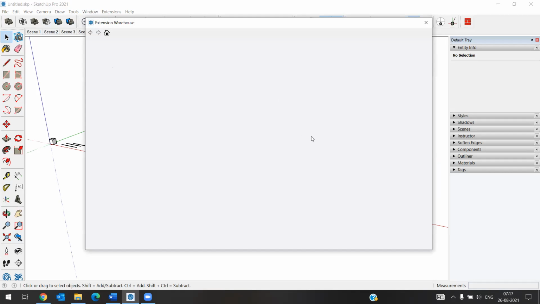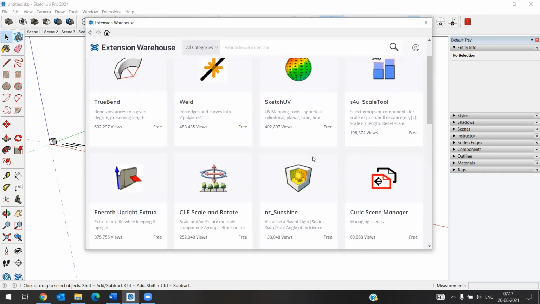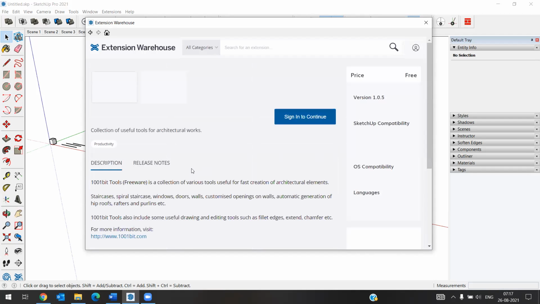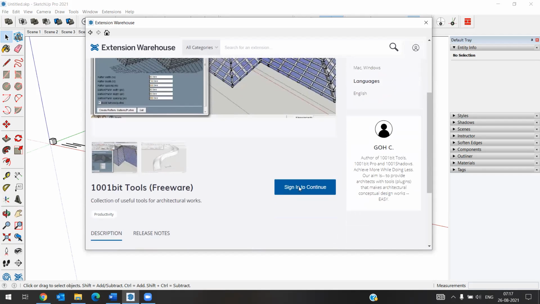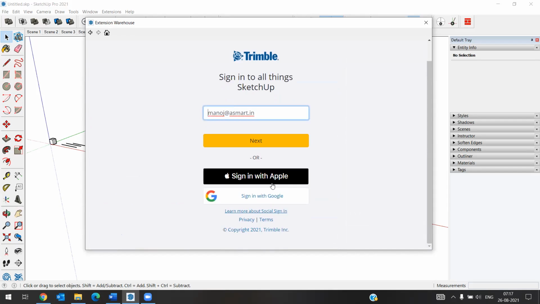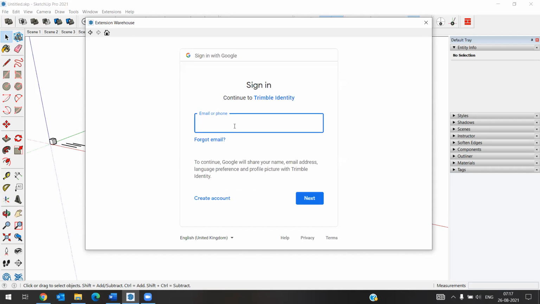So for that you have to sign up first. For signing up you have to create account through your mail ID. So with Google it will not sign in.